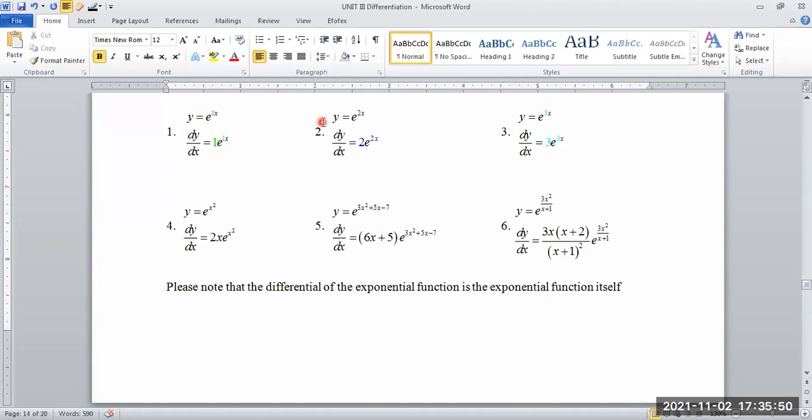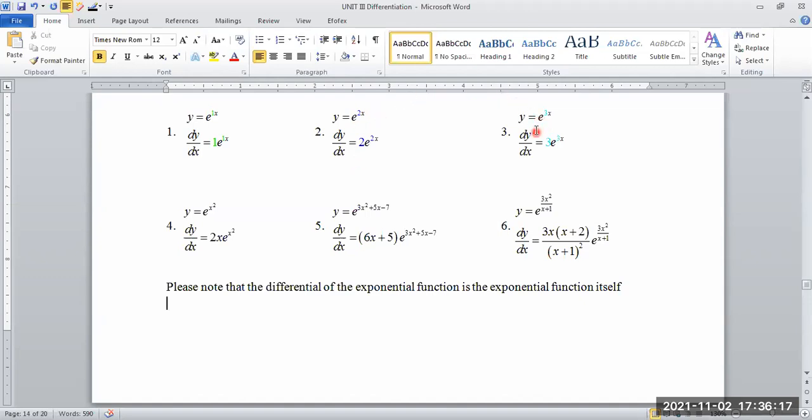What do you mean, sir? Let us look at the second example. Y is equal to e to the 2x. Now, when I'm differentiating the exponential function, it is the exponential function itself. See it here, e to the 2x. The piece here is the same thing as all of it up here. But where does this 2 come from, sir? I'm differentiating the function. What is the differential of 2x? 2.